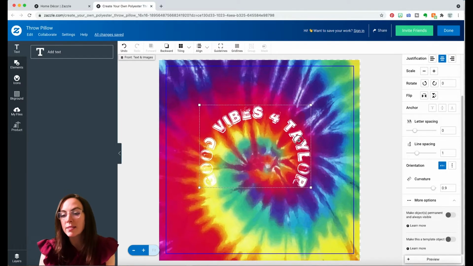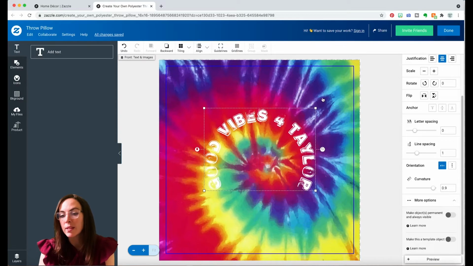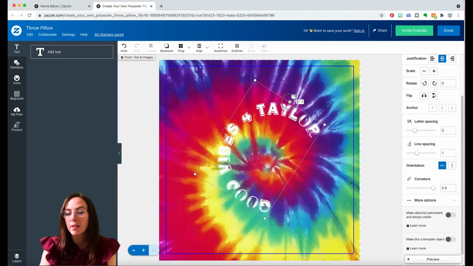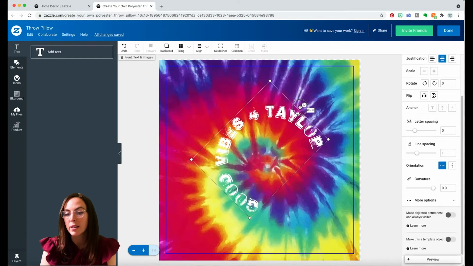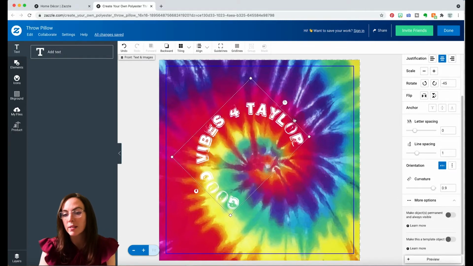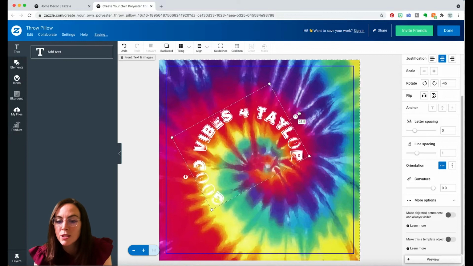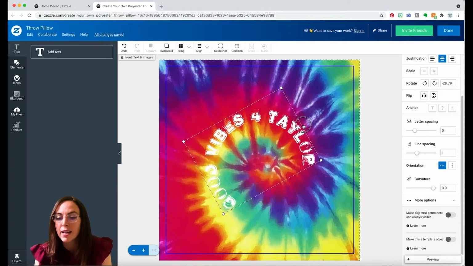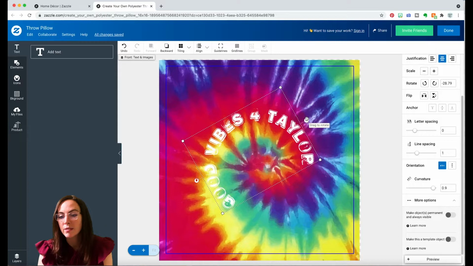And I want her name to kind of, we're gonna use, see this rotate button comes up and you just put your mouse or finger, your trackpad on it. And I want it to kind of follow the circle we already have going here. It doesn't have to be exact. I mean, it should be a little loosey-goosey. It is tie-dye after all. Good vibes for